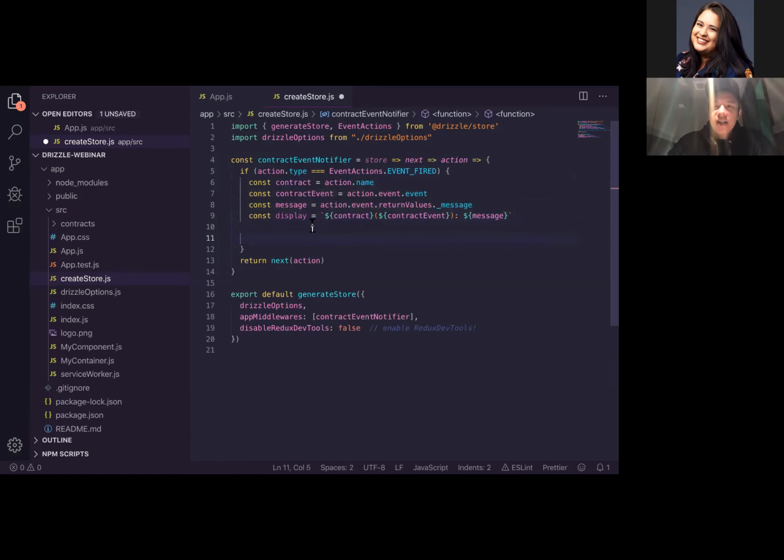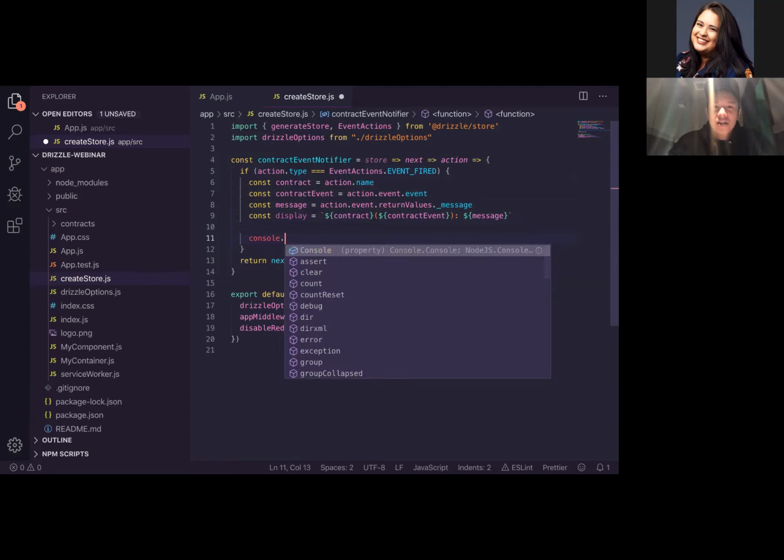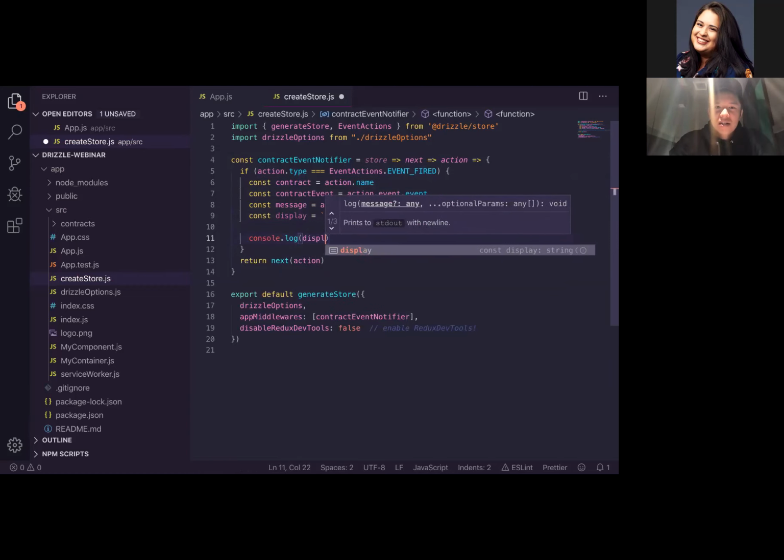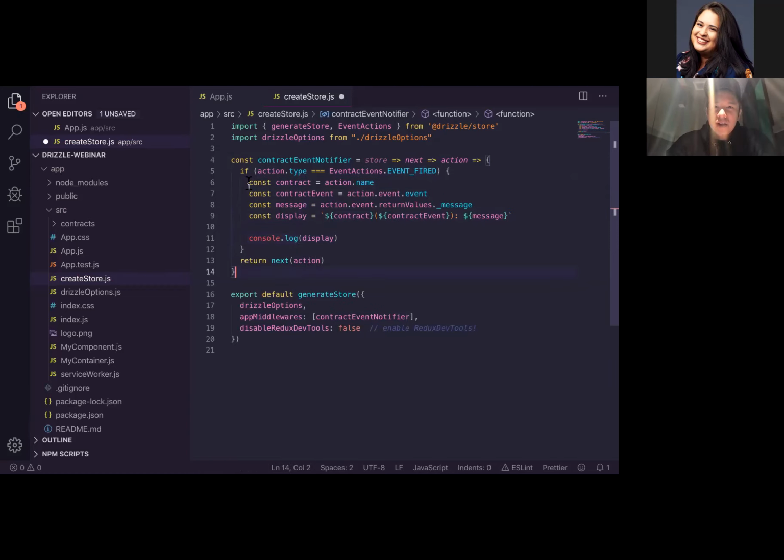So in Amal's tutorial, he actually uses a toast so that you get a very nice pop-up type of thing. In our simplified walkthrough here, we're just going to use console.log. So walking through this here,